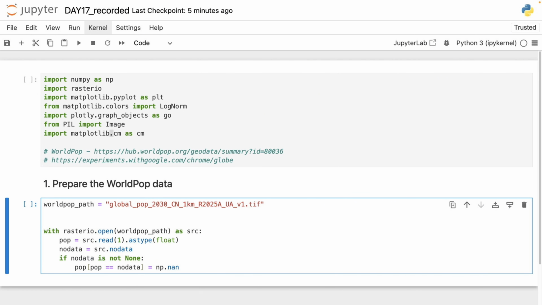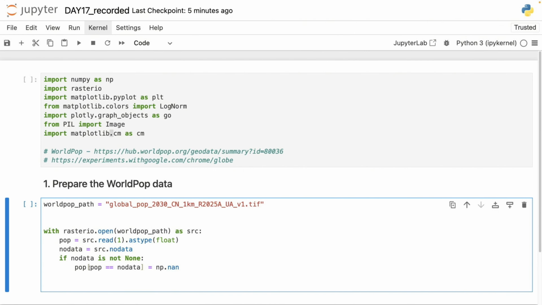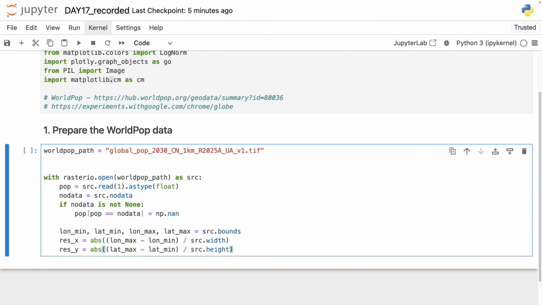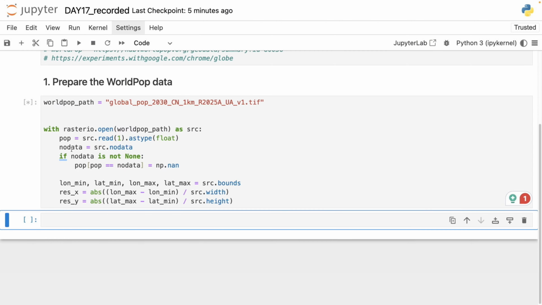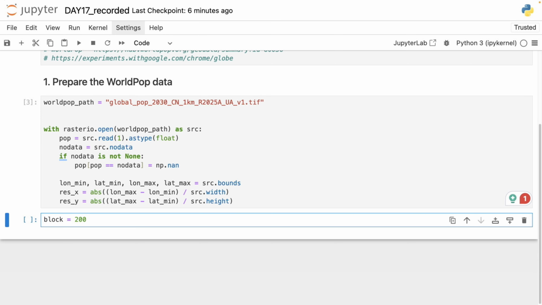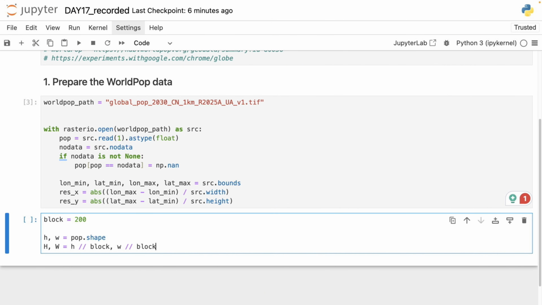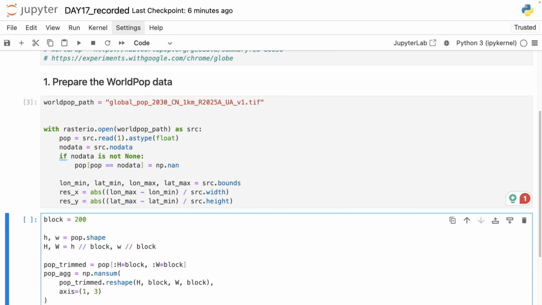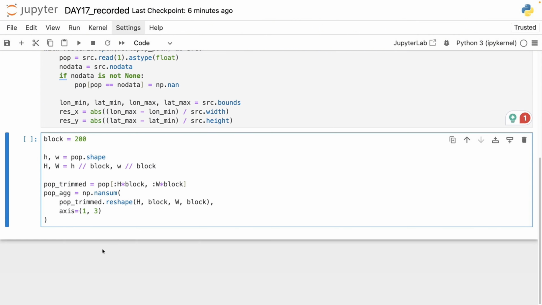We can take care of the missing values and extract a few more parameters which we're going to use later on during the visualization and the scaling of the image. While I was preparing this tutorial, I figured that the original 1 kilometer resolution is going to be way too detailed for this visual, so I'm going to show you how to aggregate, where the block size is going to be 200 kilometers, to which we can align the raster dataset by first trimming it, computing the coordinates of the new grid,